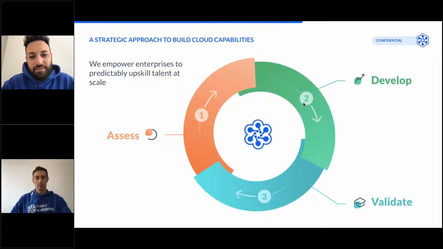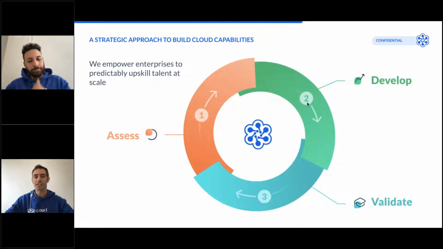Yeah, thank you, Mario. So I think that Mario made it really clear that what we have built is not only courses, but it's a SaaS solution that is going to help you move the talent forward inside of your organization. And you can set several KPIs. The certification can be one of those, but you can also set other KPIs like: are you deploying solutions in the cloud faster? Are you saving costs? So this is a way for you to measure the results.